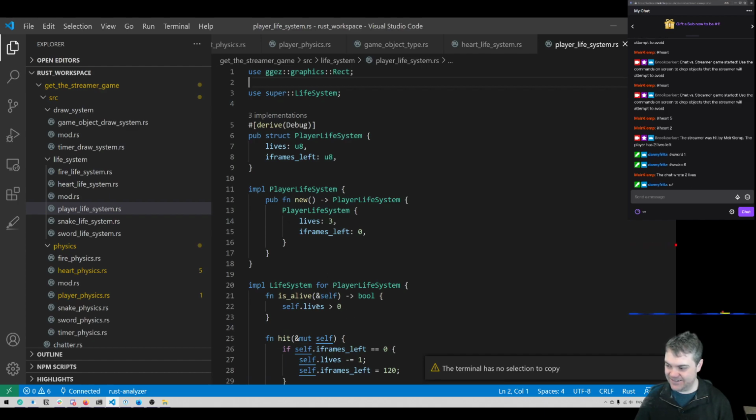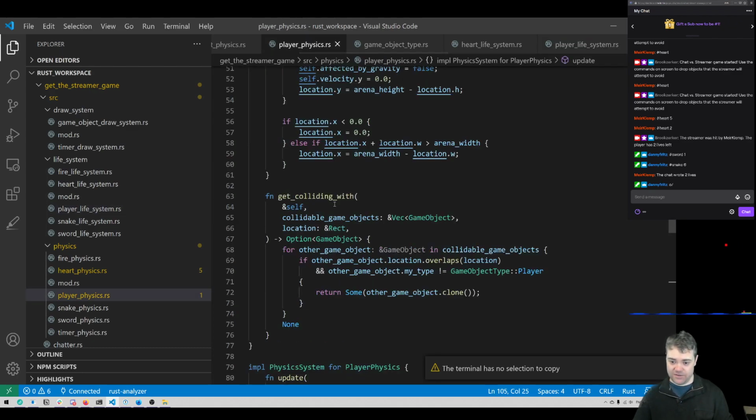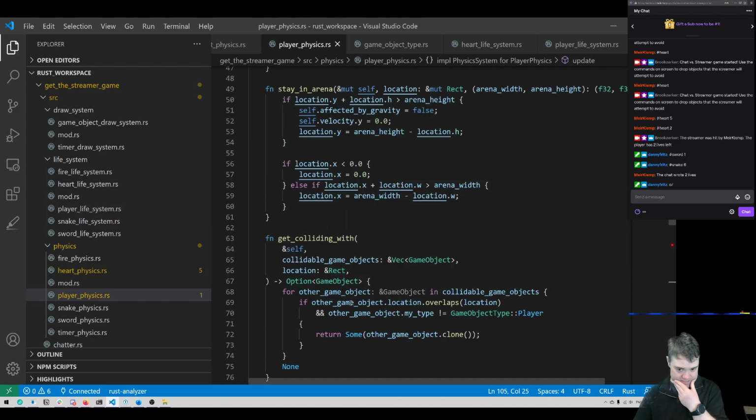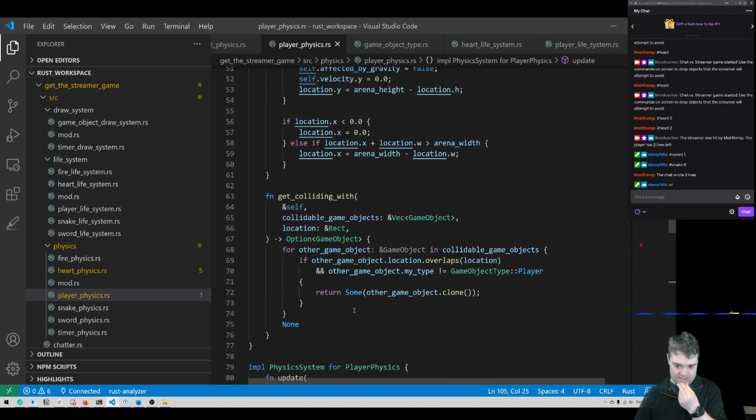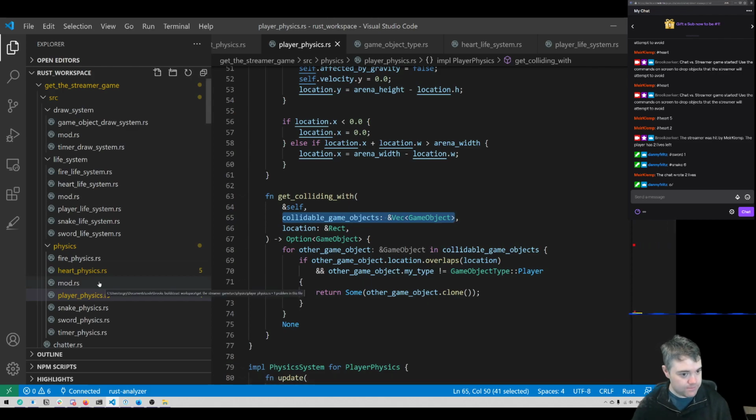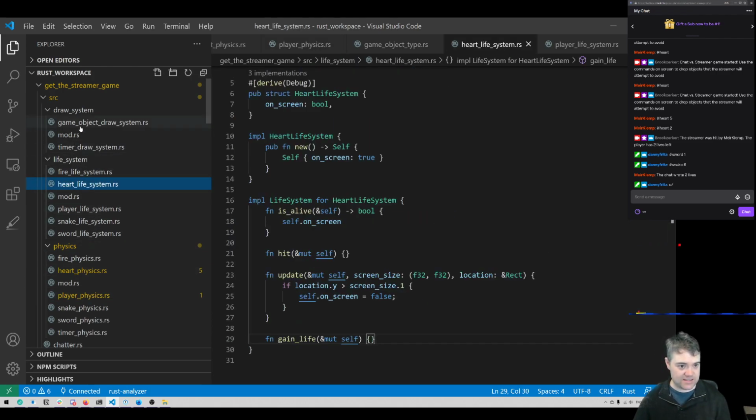Let's see. So, how do I want to do this? In the player physics, when I hit the other object, I need to tell it that it's been consumed. Well, right now, okay, so if the player hits the heart, it gains a life. That's fine. But these are cloned game objects, so if I do anything with it, it's not actually going to affect the real game object. But in my heart life physics,